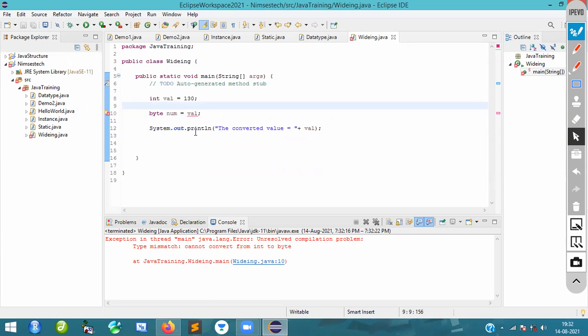This is what you need to understand. If you convert a bigger value, the integer value, into a smaller type, this is what we call narrowing. So for that, I will mention the type here, byte type. Now it will run.